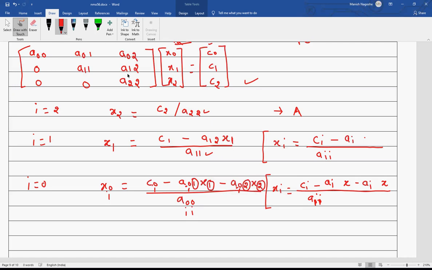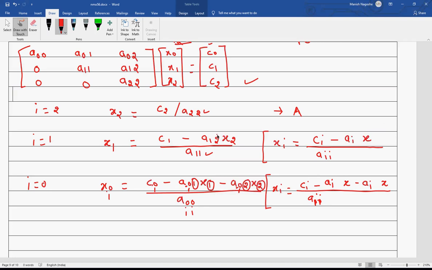This is incorrect. This is not x1, because x1 we are trying to find out. This variable is x2. So there is some suffix here, and then I have x and some suffix.